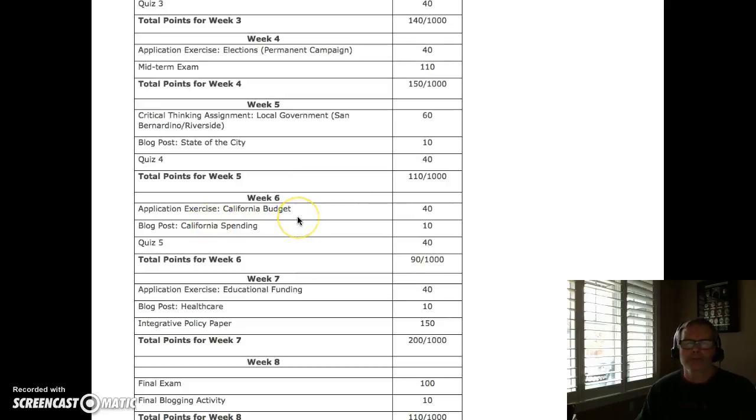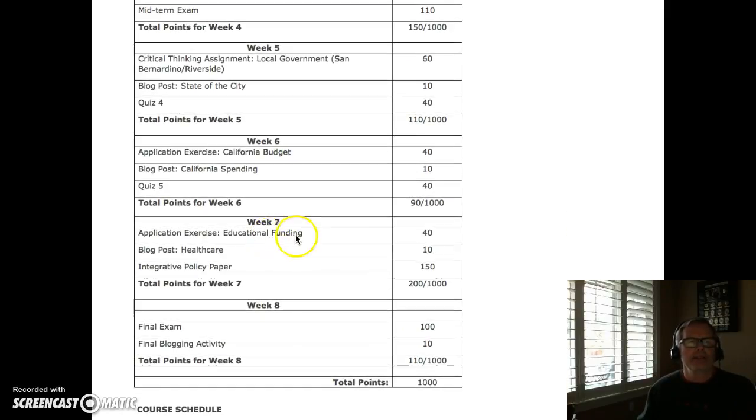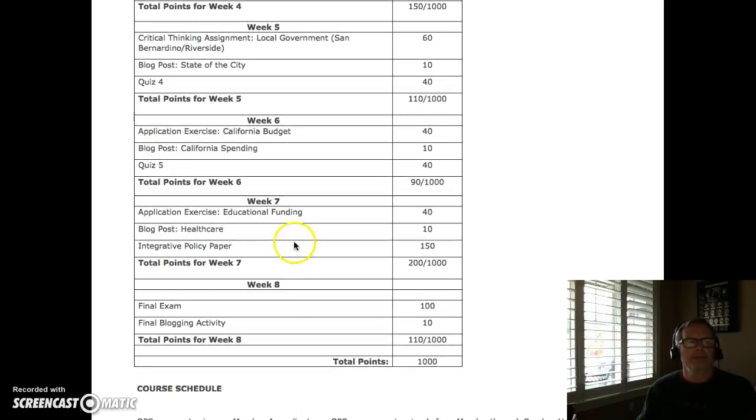It's actually been an exercise we've used for quite some time for this class, and I think people find it very useful and helpful. It gives you an understanding of the complexities associated with the California budget process, and if the revenues aren't there, programs have to be cut. And so in this particular exercise, you can decide what programs you're going to cut. Again, a couple of little exercises towards the end here in terms of education, healthcare, those types of activities.